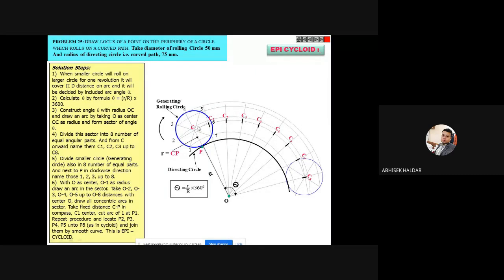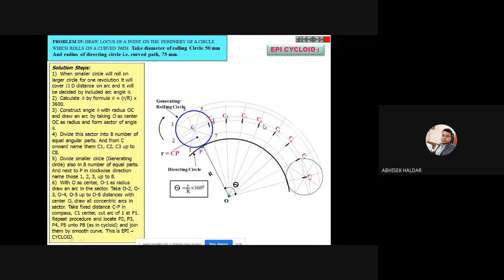These center points will lie on the same arc line, and finally you can see that this is also lying on the same arc line. That is my C8 point, my final center point. So each and everything should be clear to you from the physical point of view. That's why I'm telling you. Up to this, is there any doubt?